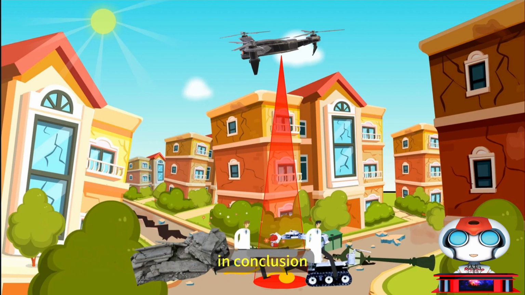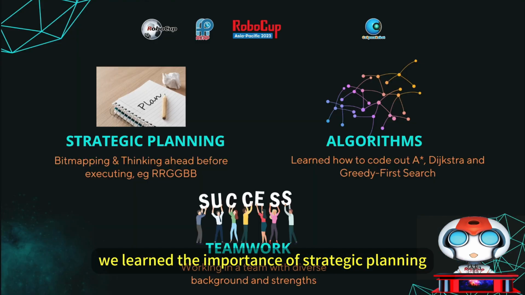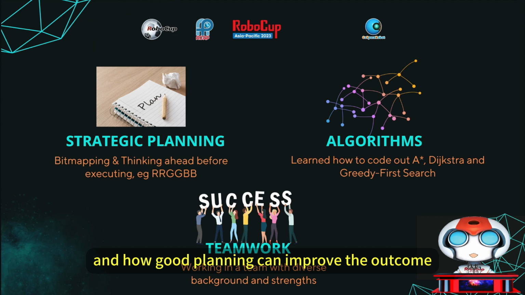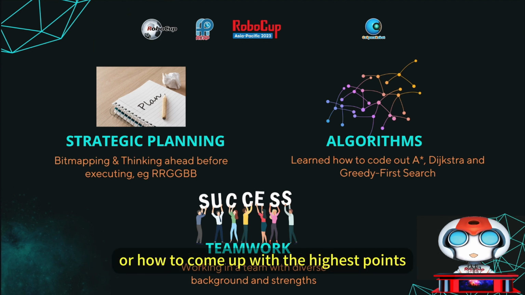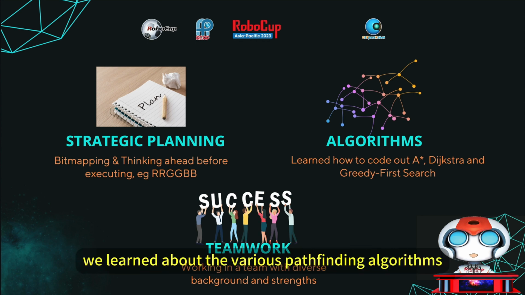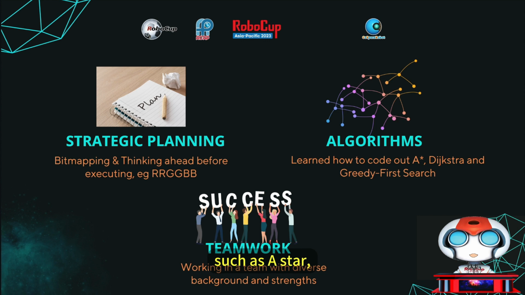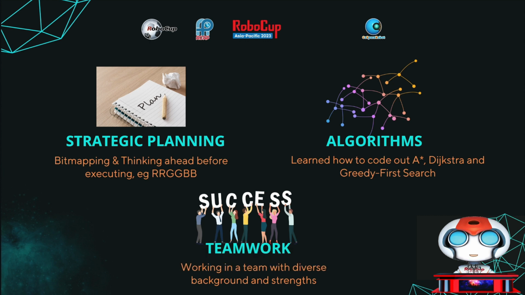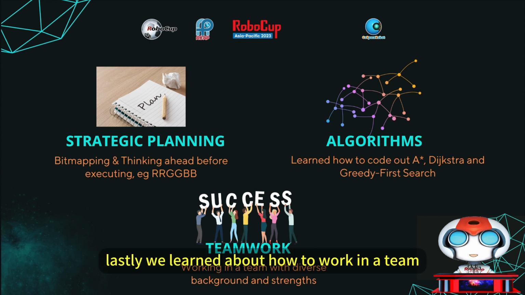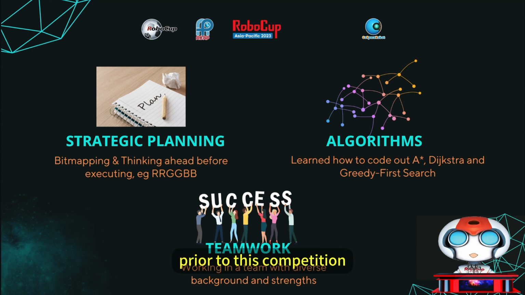In conclusion, we learned the importance of strategic planning and how good planning can improve the outcome, like employing effective bitmapping or how to come up with a highest points object combination. Secondly, we learned about the various pathfinding algorithms such as A star, greedy best first search, and Robb, which gave us a clearer insight and understanding on how algorithms work and how to code them out. Lastly, we learned about how to work in a team despite not knowing each other prior to this competition and